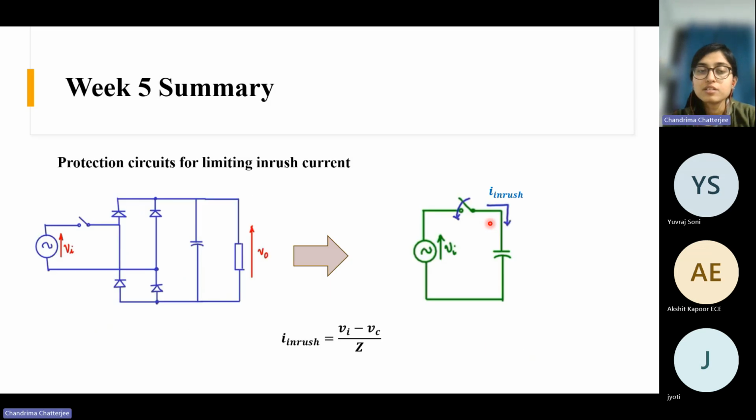Now I shall start today's discussion. Today, first I will discuss the different protection circuits that are used for limiting the inrush current. Now, what is the inrush current? While discussing yesterday, we told that